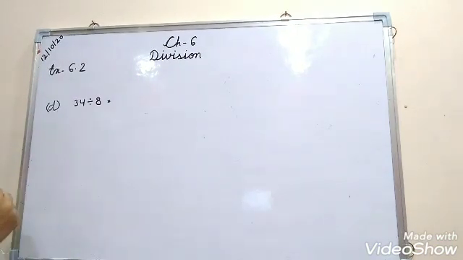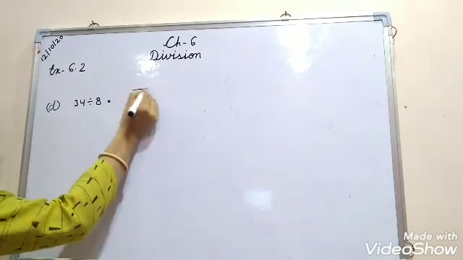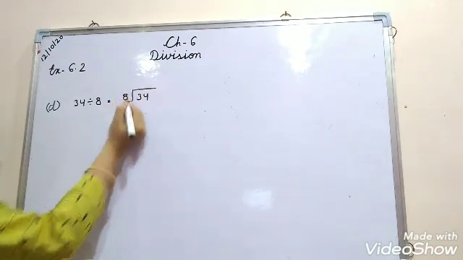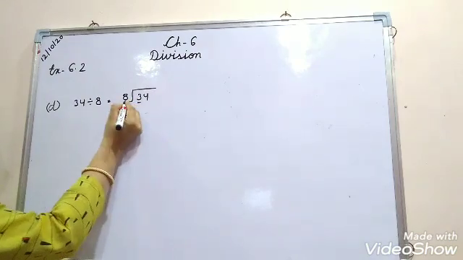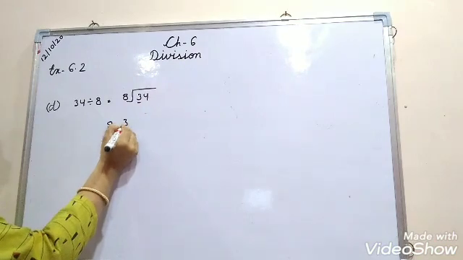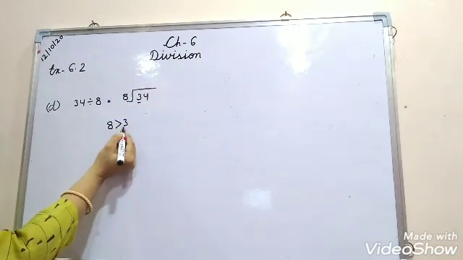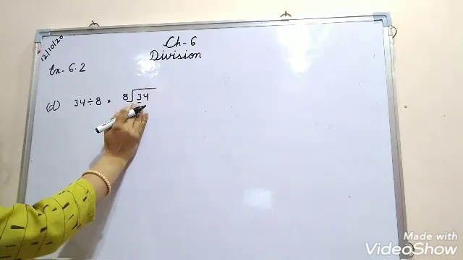Okay children, let's have another example. Here 34 divided by 8. So we write 34 inside and 8 outside. After writing it you compare the leftmost digit with the divisor. Divisor is 8 and leftmost digit is 3. So you can see here 3 is less than 8. That means you cannot divide 3 separately.